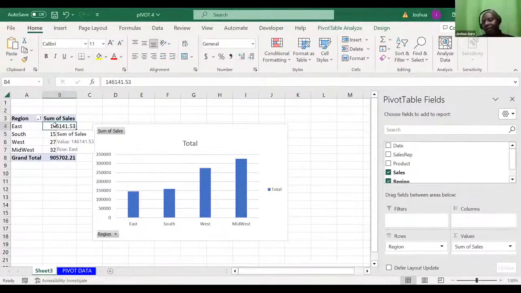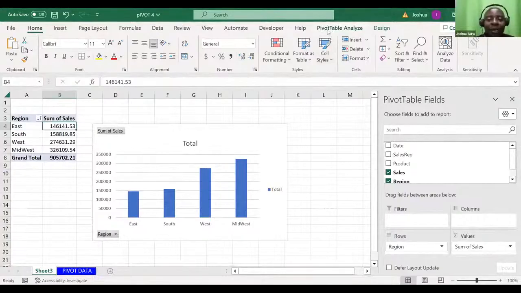Click one number, and then tell me whether you are able to see the pivot analyze and the design coming up.